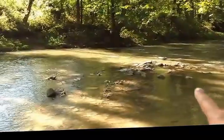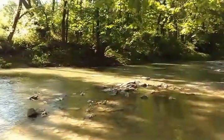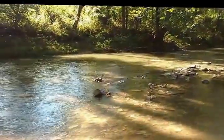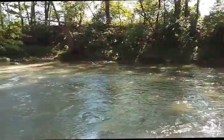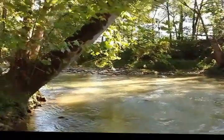summer season. I can't get to it. It's usually too shallow. Let me show you here. Out to where those rocks are is usually dry this time of year. I can usually kind of walk out here and walk down a little ways and be okay. Well, right now I can walk, but I better have something to keep me from getting too wet,